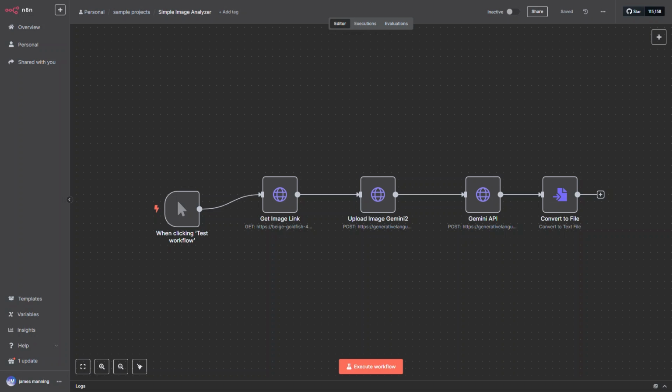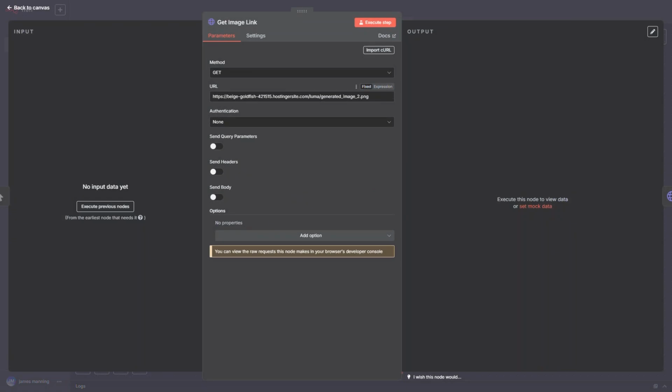And go back to our fundamental thing. Remember, we said that the first thing we wanted to focus on was HTTP requests and just transferring data between the nodes. And so this is what I focus on, and this is a simple thing I do quite a bit. And here's the issue. So I would have thought that get the link and do the analysis were the only two nodes I needed. So this, we get the link,